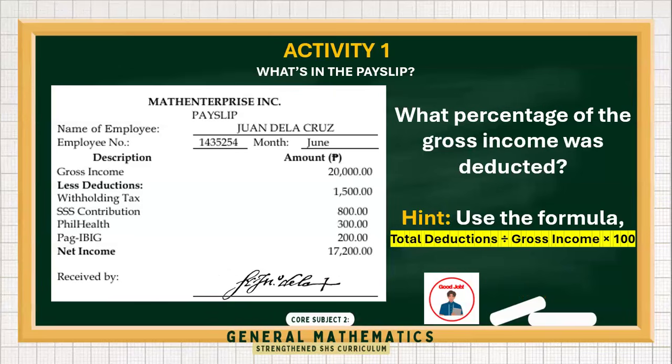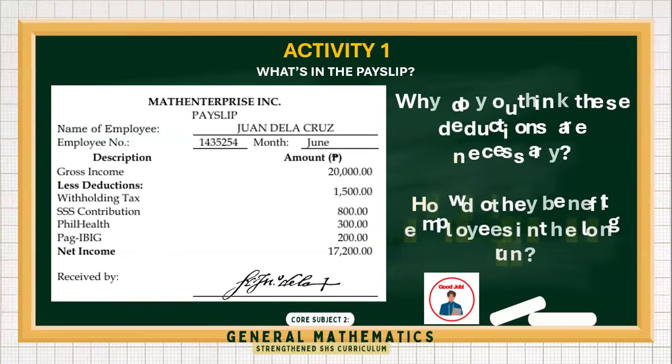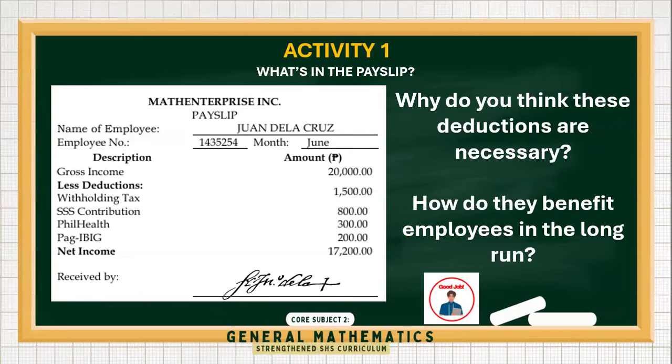So this simple activity teaches us a powerful lesson that what you see in your salary contract is not what you get in your wallet. So knowing how to compute deductions prepares you to budget wisely, save early, and understand where your money goes. So next time that you see a payslip or hear someone talk about the net pay, you'll know exactly how it breaks down. So great job in helping Juan.